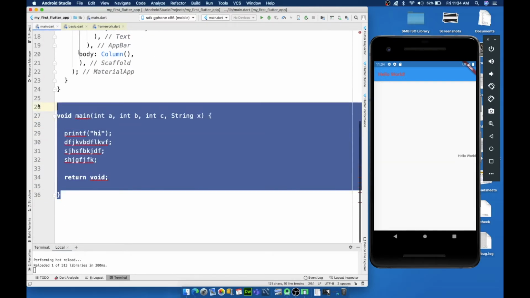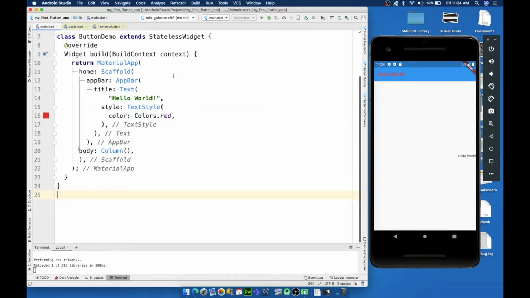This is a useless function. Let me just delete this. Okay, I have this column widget, right? Whenever I create an instance of a class, whenever I create a new column widget, I have to pass some parameters so that the Dart VM, there is something called Dart VM. Whenever you have some Java application, your Java app runs inside the Java VM, Java virtual machine. Similarly, whenever you create a Dart application, whenever you create a Flutter application, that will run inside the Flutter VM or the Dart VM, Dart virtual machine, right?